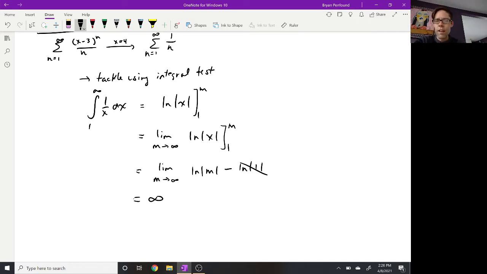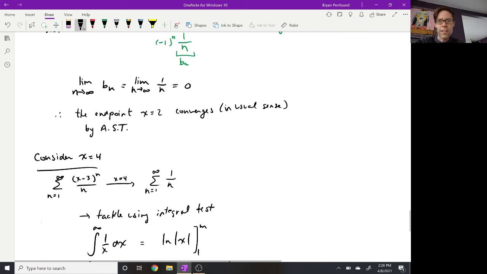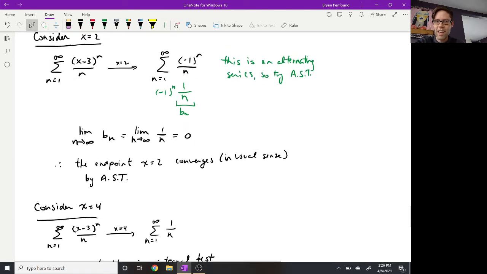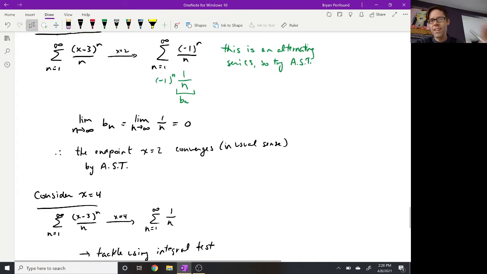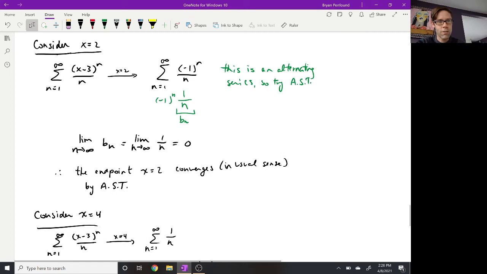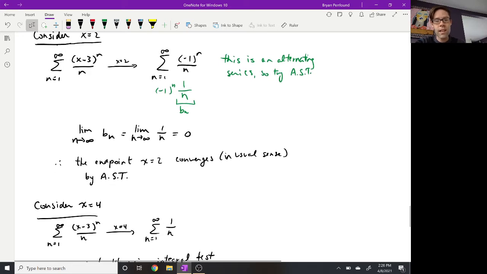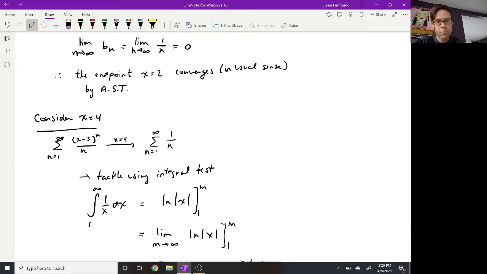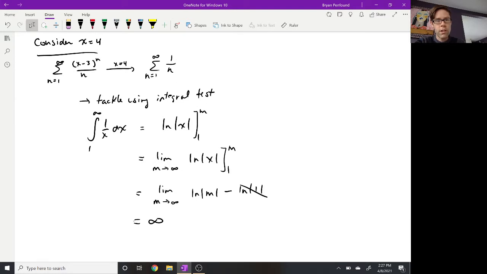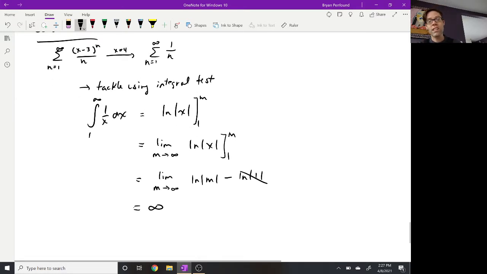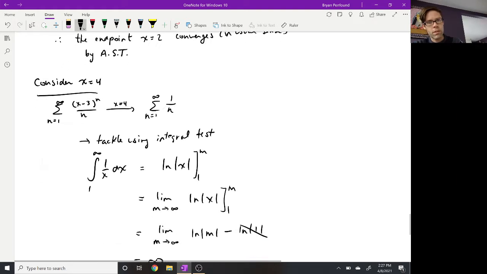So it feels a little dirty to me that the alternating series actually converges, but the series that doesn't alternate doesn't converge. I find that a bit weird, but such is life. That's what we have to live with based on the tests that we have at our disposal. So this particular series at the endpoint x is equal to 4 is going to diverge by the integral test. How did I summarize that? So the endpoint,